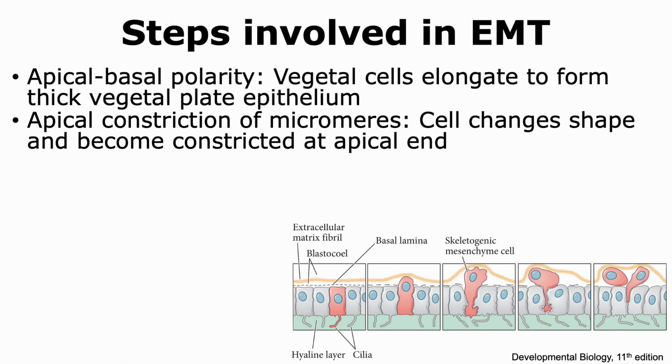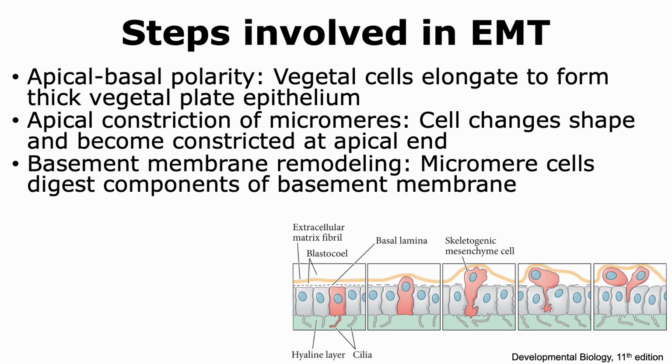The next step that happens is there's an apical constriction of the micromeres. So the micromeres, the large micromere descendants that are going to undergo EMT, they change their shape and become constricted at the apical end. So when we look at the figure, if you focus on the portion that's in the blue box, we can see that the cell has changed its shape and it has become more narrow or constricted at the apical end. And the apical end is the part that is facing the hyaline layer, or that is